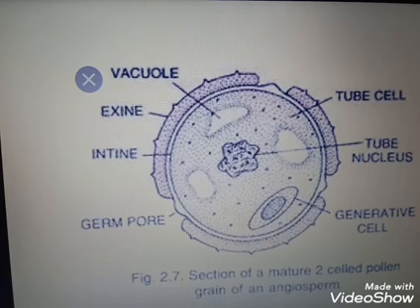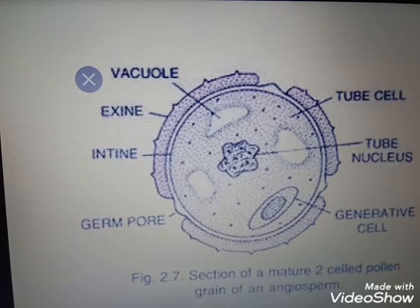Clear? A mature anther has two chambers due to the disorganization of the wall layers between the two microsporangia of each anther lobe. When the pollen matures, the anther breaks and the pollen grains are liberated through the stomium of the anther wall. We studied that in the dithecous anther, having two lobes, they are connected by the connective.